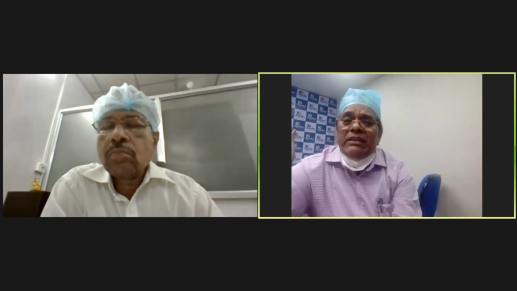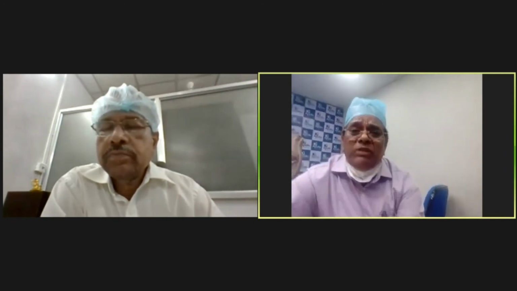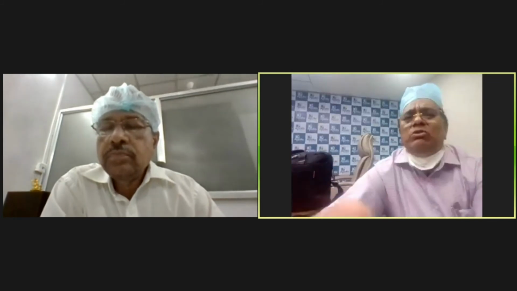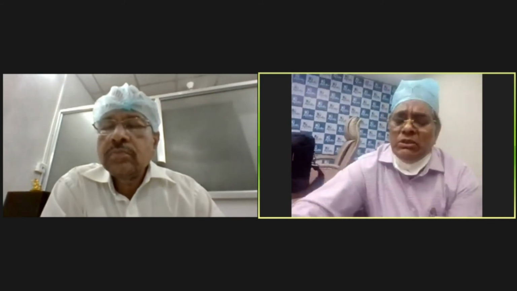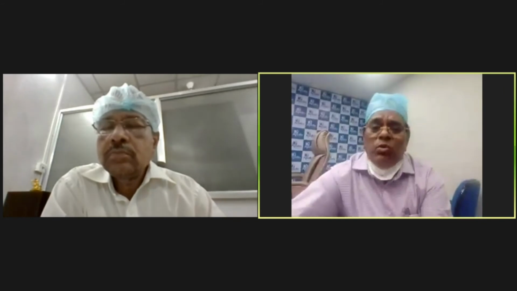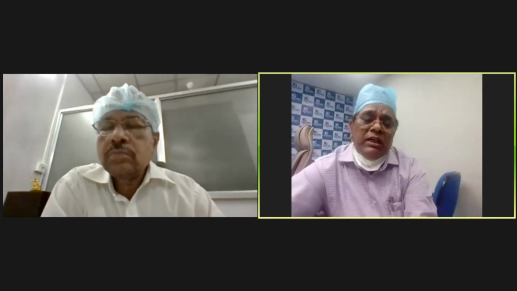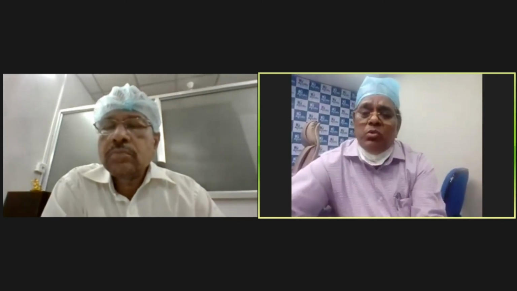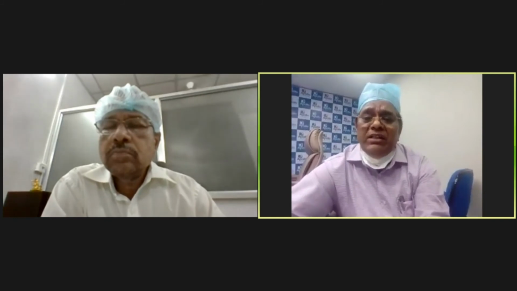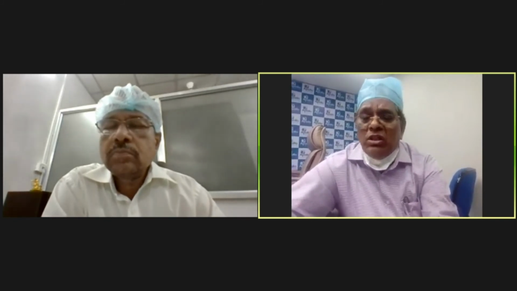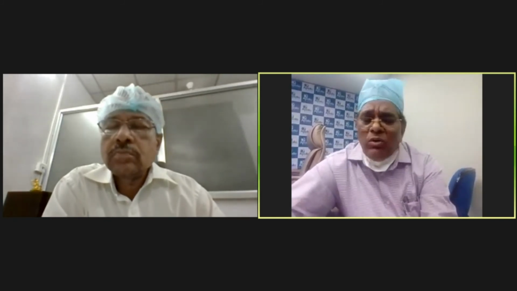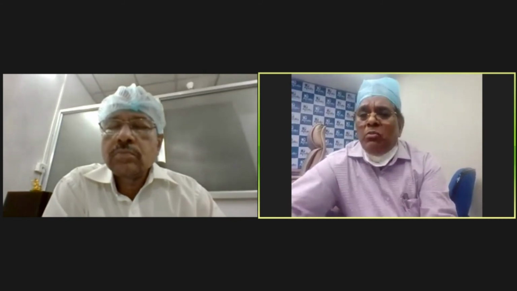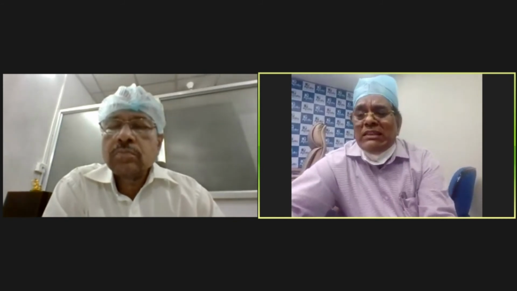And if it is a PEEK cage, or titanium cage, normally I put a PEEK cage. Once you are putting a PEEK cage in that situation, you have to fill them with the bone you have taken out. So you fill with that, put the appropriate size TLIF cage, and then you put the rods. And we normally find when you do a decompression and put a cage, some amount of listhesis comes out.